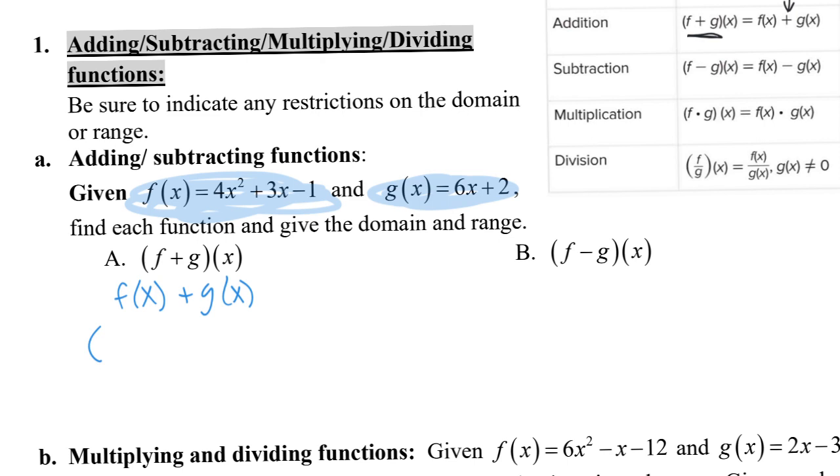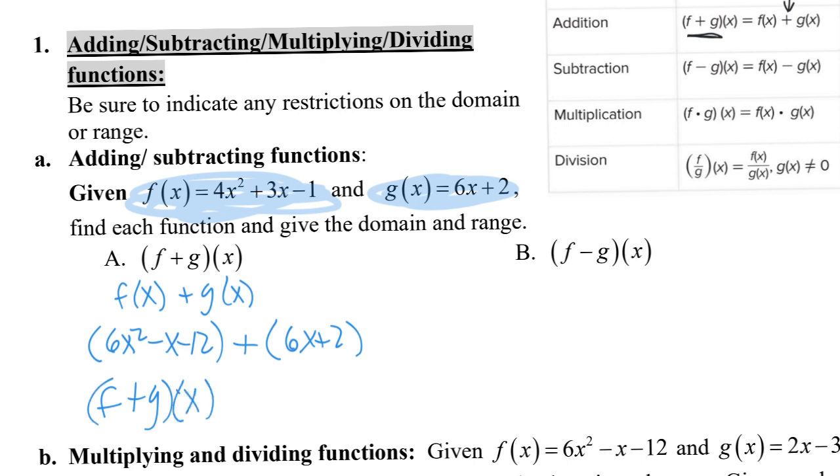So if f of x is going to be 6x squared minus x minus 12, and we're going to plus g of x, which is 6x plus 2, our new function f plus g of x, in terms of x, is equal to, combining like terms of these equations above,